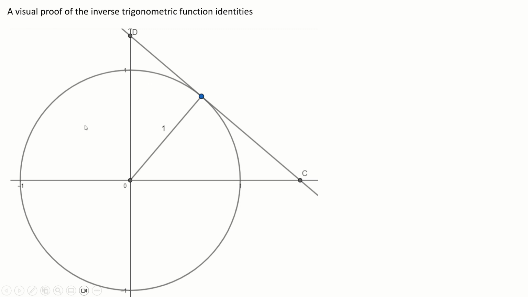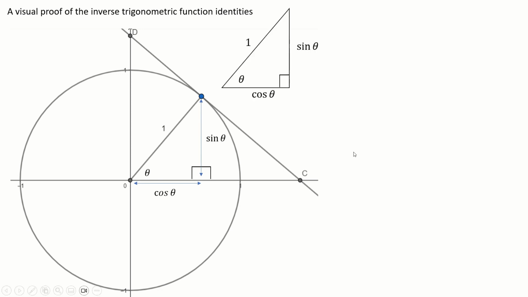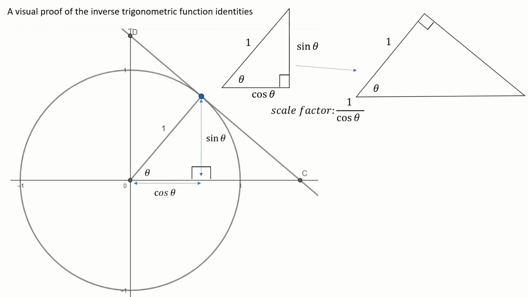So here's a circle, radius 1 with the tangent here. This angle we can call theta, and then by definition, this length is sine theta and this length is cos theta. That's called the unit triangle when you have hypotenuse 1. Right angle, this length is sine theta, this length is cos theta. Cool. But now we can do a bunch of maths here, because if you take that unit triangle and just rotate it maybe,